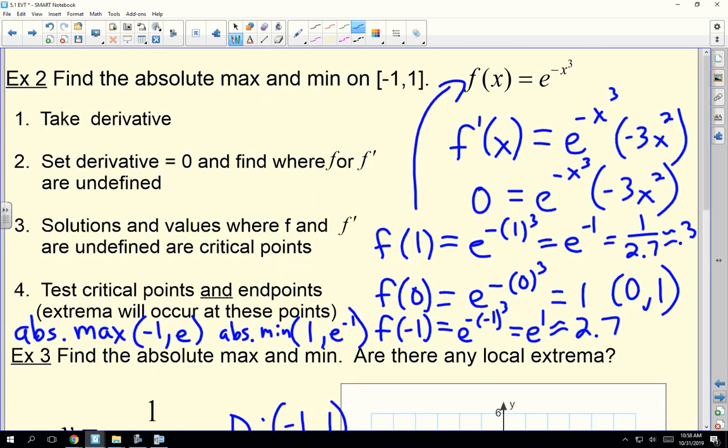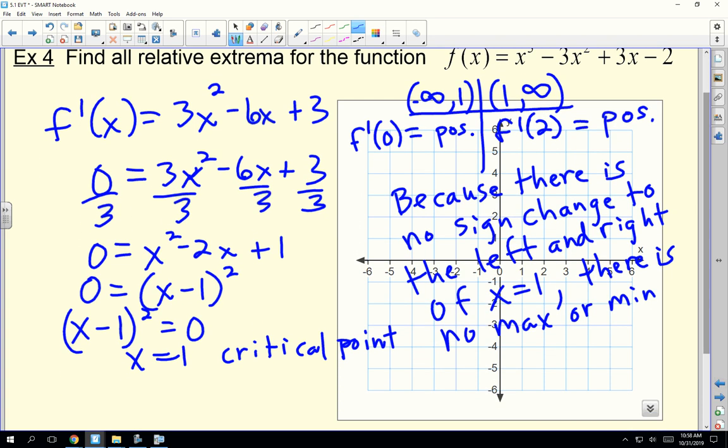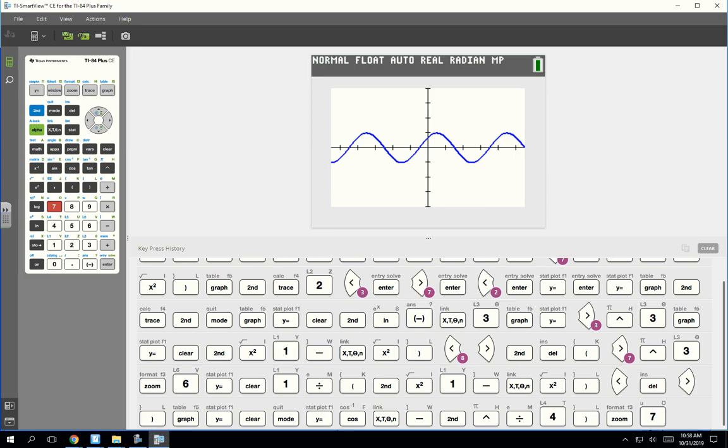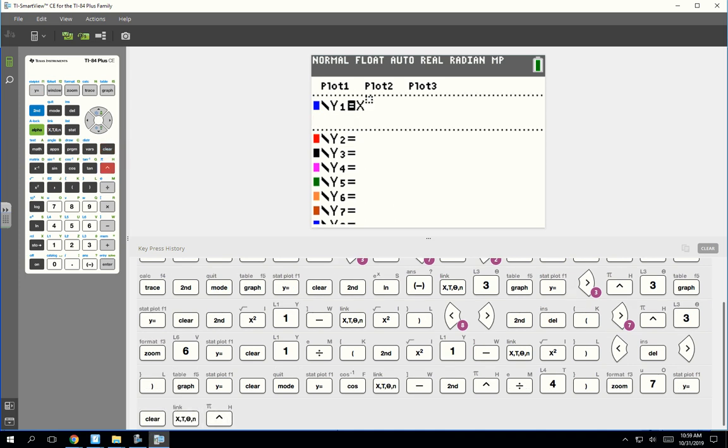So this is my example of that. You could have a critical point at x equals 1. It is a critical point, but it's not a max or min. So what's happening on the graph of this function? Let's look at it. This is the one I drew a picture of earlier. So x cubed minus 3x squared. You guys help me out with this. x cubed, I don't remember the rest of it, minus 3x squared. What was the rest of it? Plus 3x. Plus 3x minus 2? Yeah. Okay, so when I graph this,